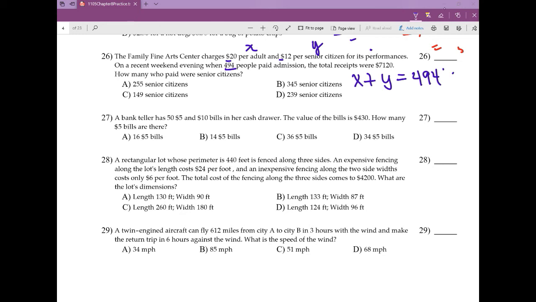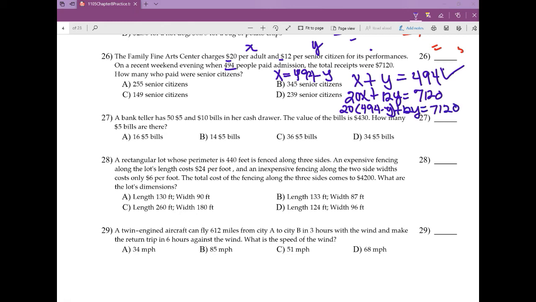As far as the cost, or the profit in this case, 20x plus 12y should bring in a revenue of 7,120. And so they want to know how many who paid are senior citizens. And so for this question, if you solve for one variable in terms of another using this equation, you could substitute it in here. And so what I'm going to do is I'm going to say x is equal to 494 minus y. And so this will become 20 times 494 minus y plus 12y